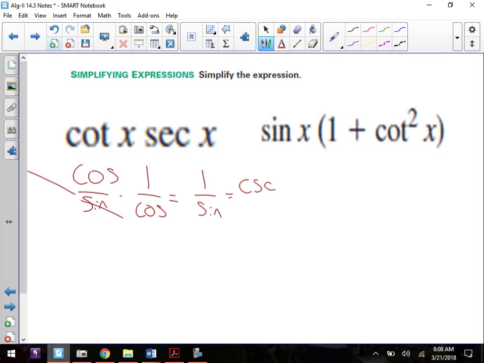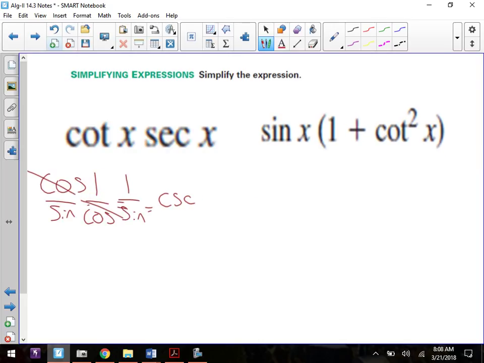All right, here we go. Let's try another one. Now, whenever you see a 1 plus a tangent squared, 1 plus a cotangent squared, a 1 minus something with a square term, always try to go back and look at one of your Pythagorean identities. 1 plus cotangent squared is the same thing as what? Cosecant squared. Very good. So that means that I have sine